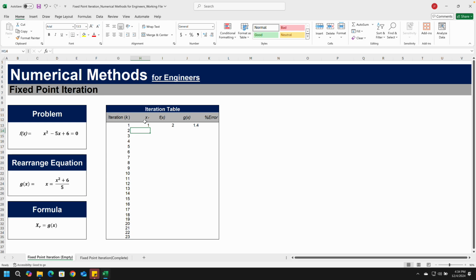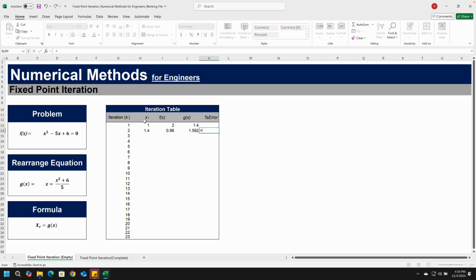Okay, so let's move on to our second row of iterations, and here we have to input our second xr value. In this case, it's no longer an initial guess, but our second xr value is the g(x) value from the previous row. So link it to that cell and press enter. From here, it gets quite easy. So we can just Control D. So copy this down to the second row, Control C, Control D, like this,